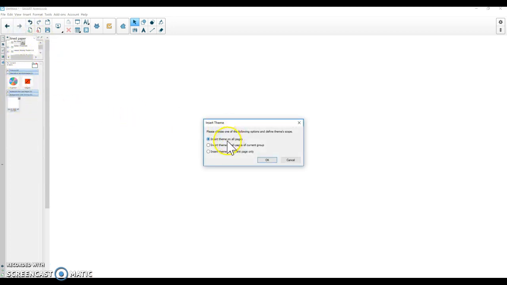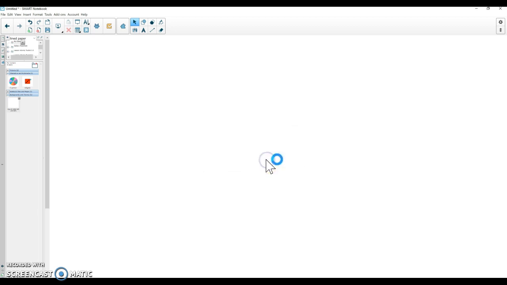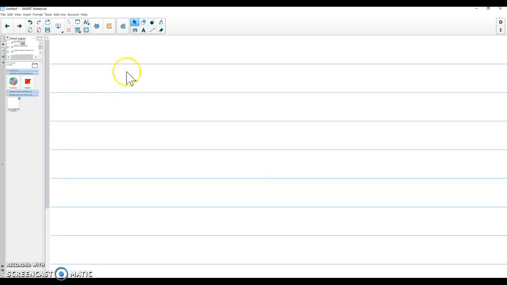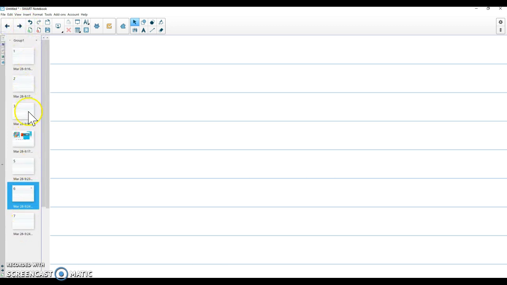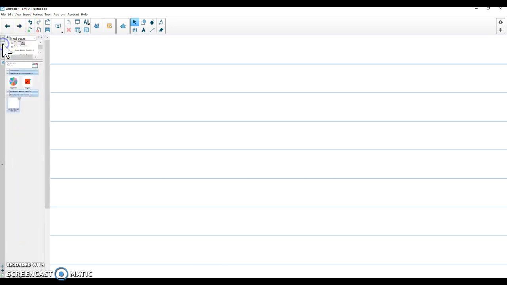Do I want it on all pages, just my current group, or the current page only? I'm going to do all pages. And now all pages will have lined paper. So I know you can't see it, but all of my pages have lined paper. One last thing I want to